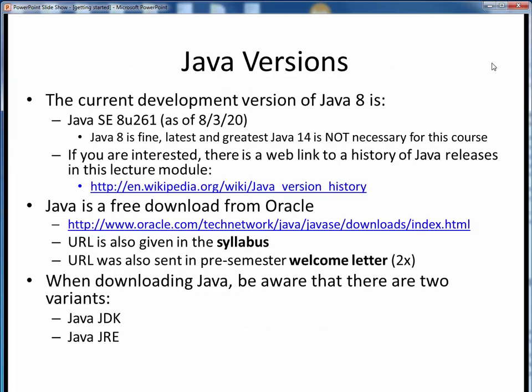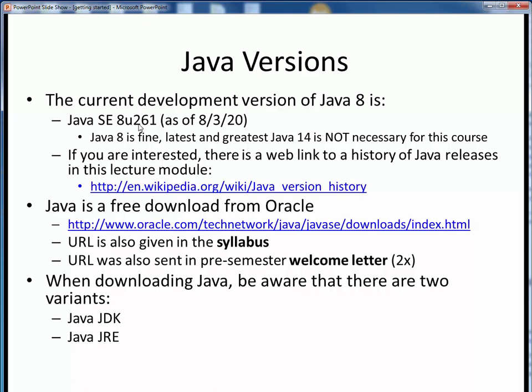So next, let's talk a little bit about the different versions of Java that are available and make sure we're clear on what's what. As of the time of recording this lecture, this is the most current version of the earlier Java 8 JDK. Note that the most recent Java version is not required. This earlier version will be more than sufficient for our purposes in this course.